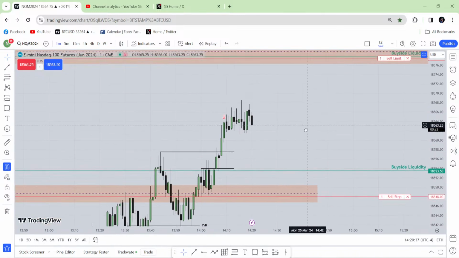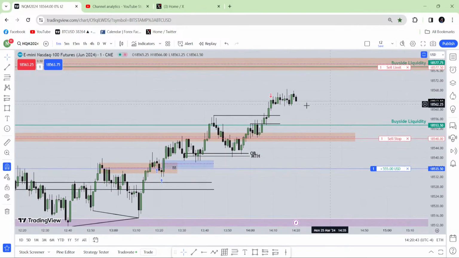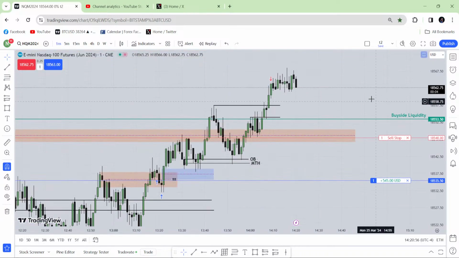So yeah, I'm still against the optimal trade entry, but MMXM, if you know how to read the price, how to read the story, and if you have the models, like I have the breaker block model, first parabolic up model, last parabolic up model, a lot of models. If you have the market maker X model with you as well, you will be the wizard of this market. That's the thing, brother.